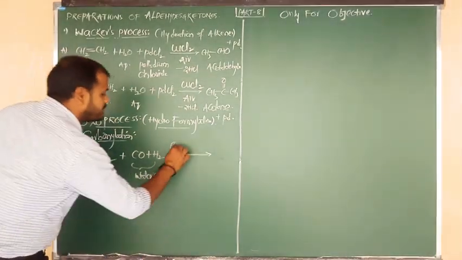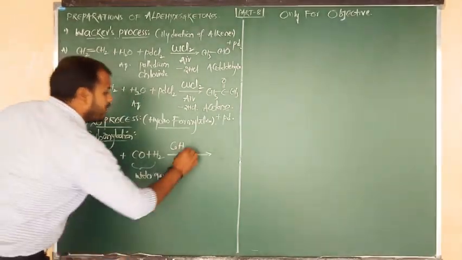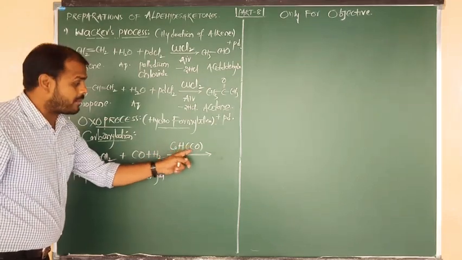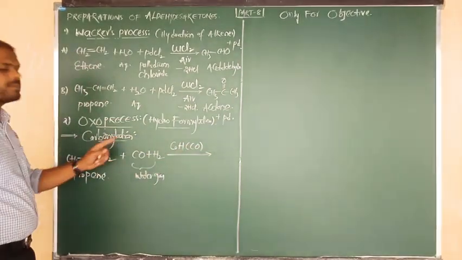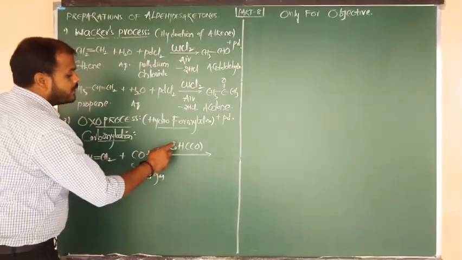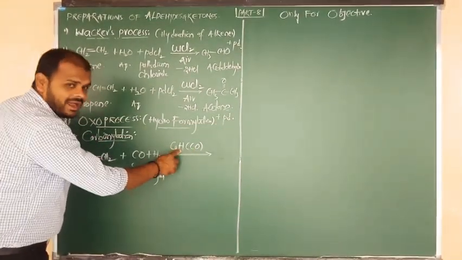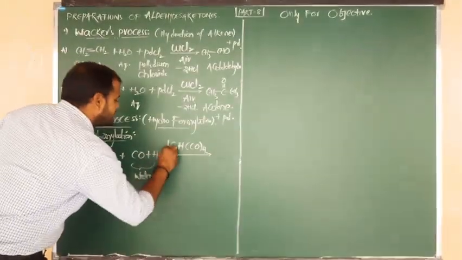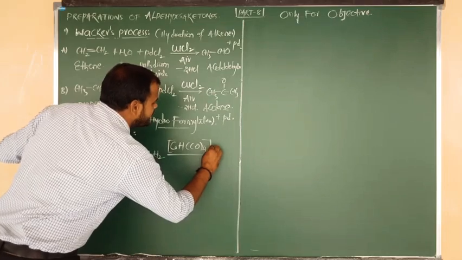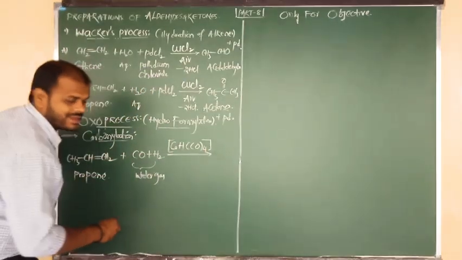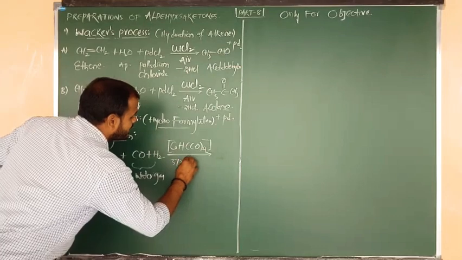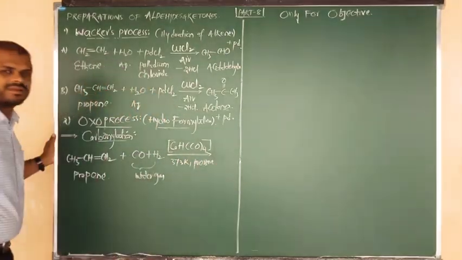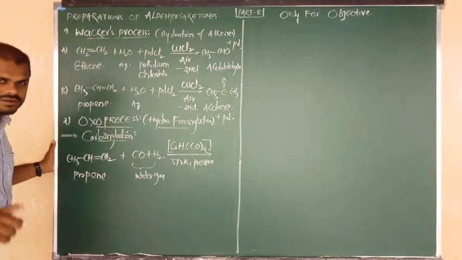Central metal is cobalt. It contains one H atom, and it contains 4 carbonyl groups, CO. Capital C small o is cobalt, capital C capital O is carbonyl. That's why we say carbonylation method. So cobalt carbonyl hydride, but here 4 CO ligands are there. This is a coordination complex. It acts as the catalyst. In presence of this catalyst, the reaction takes place at a temperature of 373 Kelvin and under a suitable pressure. Finally, I am going to show you the product.